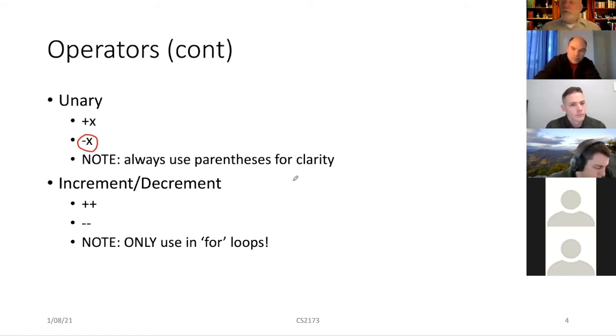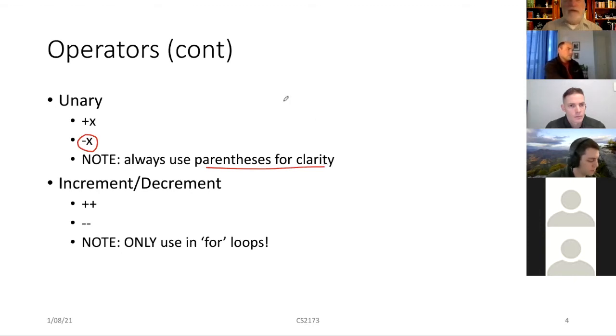What I encourage you to do is not worry about that quite so much, but always use parentheses for clarity. Again, this is programmer intent. If I rely on operator precedence to determine the outcome of my expression, then my intent may not be so clear.